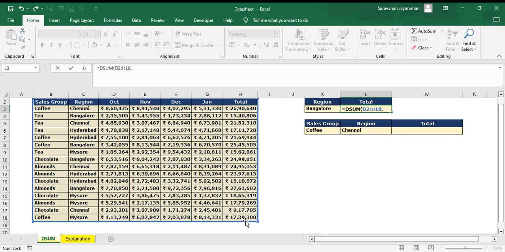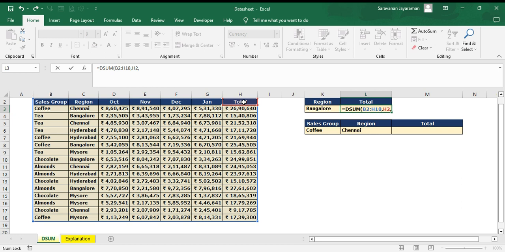Next is the field, the field from where we want the amount to be added. So we want from total. Wherever Bangalore is there, it should add up the totals from this field. So we are specifying the field. We'll just click on the field header, H2,